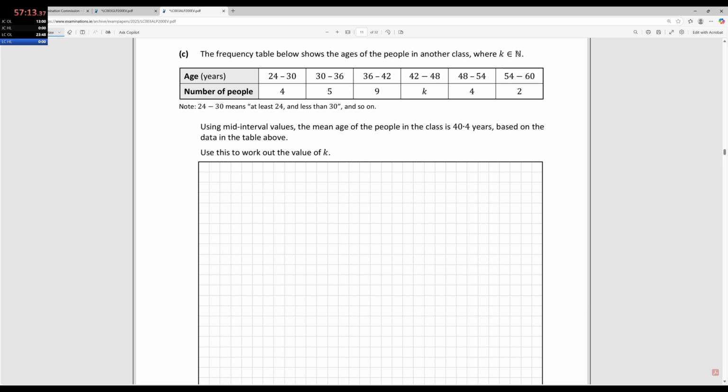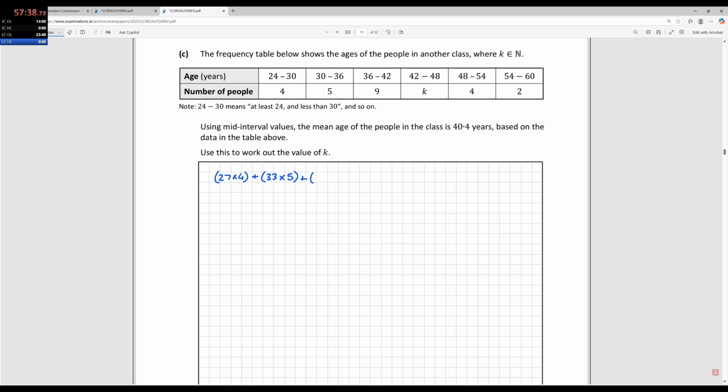The problem is I'd have to remember this from not necessarily junior cert, but it's not something that we would have focused on too much in honors leaving cert, but we do have to still do it. I'm not going to write all them out, you know where I'm going with this. So 27 times 4 is 108, and then 33 times 5 is 165, and then that's going to be